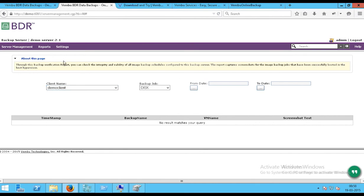a way to perform automated disaster recovery testing. So after every backup is complete, we go ahead and boot the system. We boot it up, take a screenshot, and send it to you as an email report. We mount it, we perform some corruption check, and it is an automated process that happens on a daily basis, and send it to you as an email report. So that way, you can be sure that your data is in fact verified and restorable in the event of